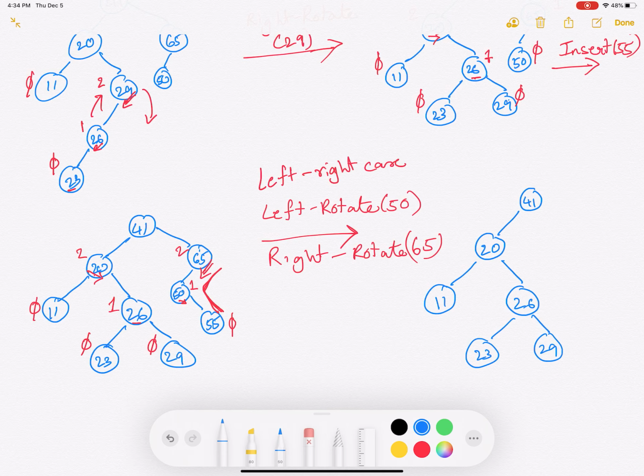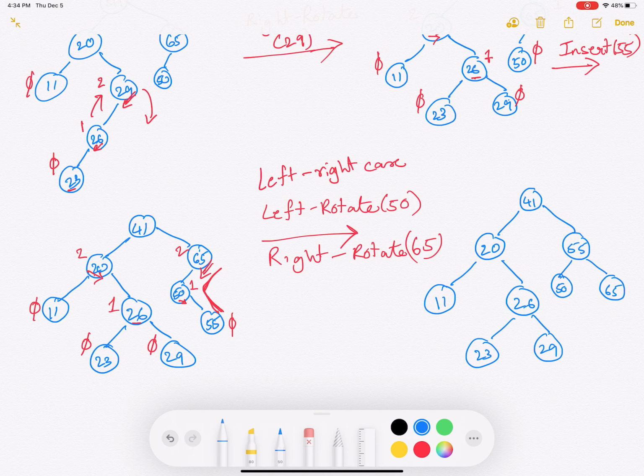And you will have 55, 50, and 65. Okay, so we left rotated 50 to get 50, 65, 55 in a straight line. Then we right rotated 65 to actually get 55 to have 2 children, 50 to the left and 65 to